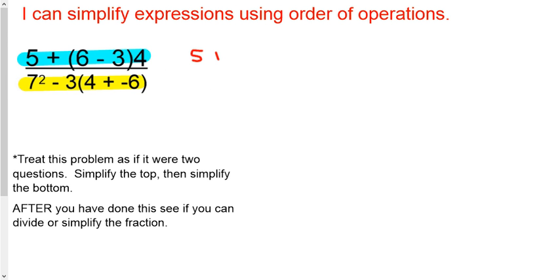5 plus parentheses 6 minus 3 close parentheses times 4. Well, our order of operations is this. And this should be a review. We do parentheses first. So here we go. 6 minus 3 is 3. So that would be 5